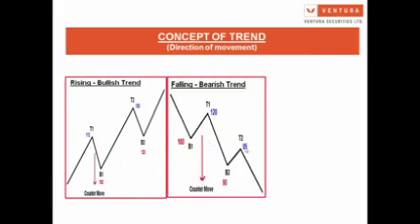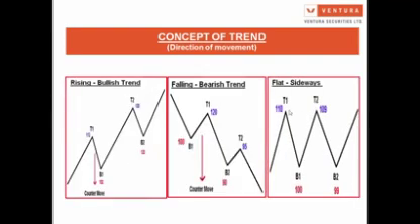Here if you see, top T2 is quoting at 95 rupees, and top T1 is quoting at 120 rupees. So it is the formation of lower tops, and bottom B2 is quoting at 90 rupees, while bottom B1 is quoting at 100 rupees. So this is a case of lower tops and lower bottoms, and price is coming down. That's why we say that it's a bearish trend.